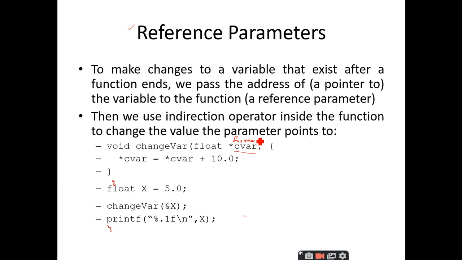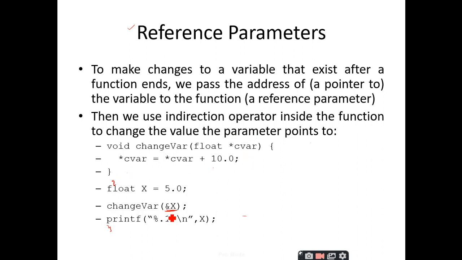Super. Right. So when you are making changes in the formal parameters, the changes that you make for the formal parameters are reflecting for the original values. So this is the advantage we get from the pointers. This is only possible while you pass the arguments using references or by using the addresses. So the advantage of pass by address is you can make changes in the formal parameters and then you can reflect those changes in the original values. Right. Is it clear?